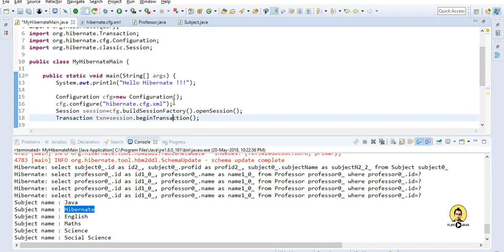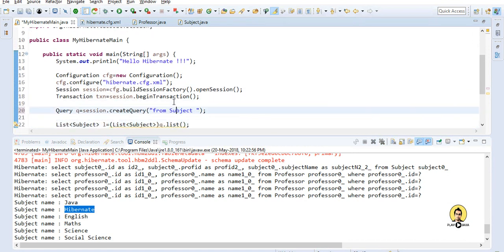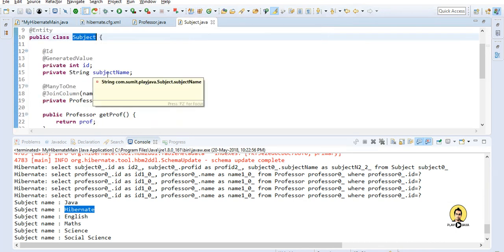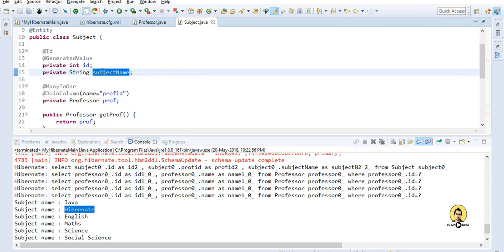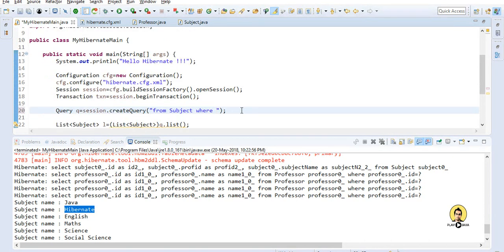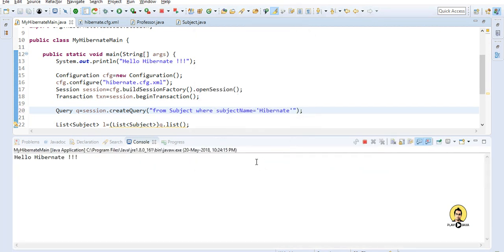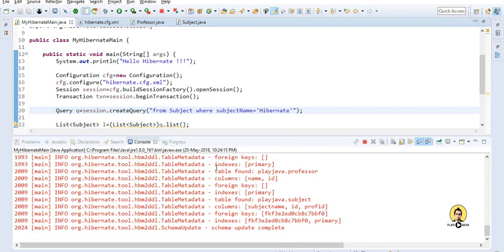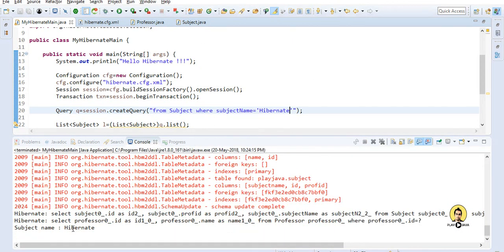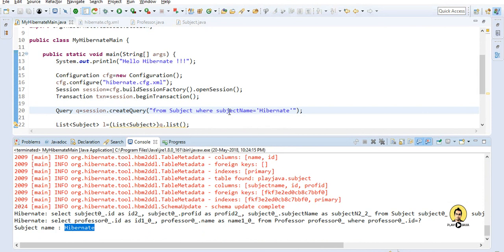So here you can write the where clause also, where the subject name is equal to, in single quotes, Hibernate. When I run this, we got only Hibernate. So in this way we can provide the where clause also.